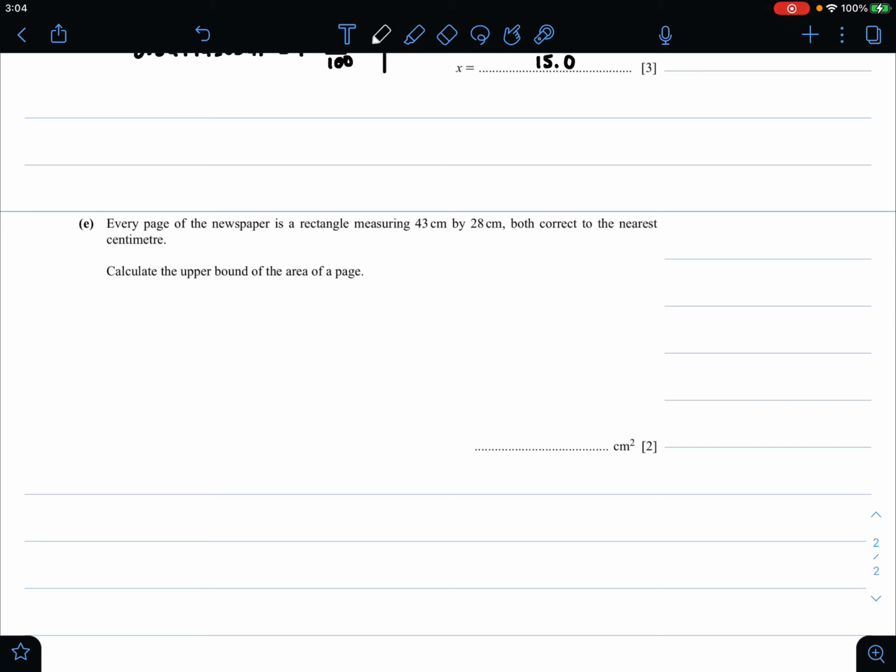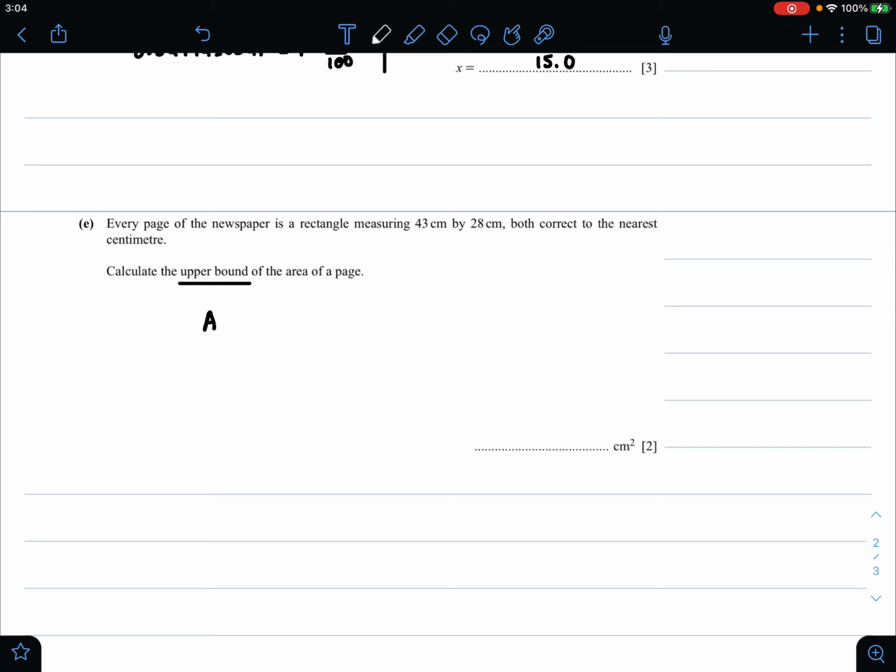Okay, so since they are both correct to the nearest centimeter, that gives us an opportunity to either increase the measurements by 0.5 centimeters or decrease it by 0.5 centimeters, depending on if we need the upper bound or the lower bound. Now in this case they've asked us for the upper bound, so what we do is, the